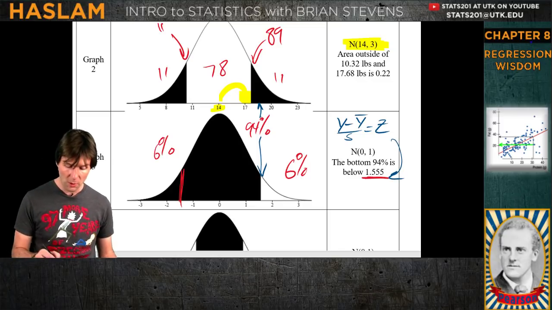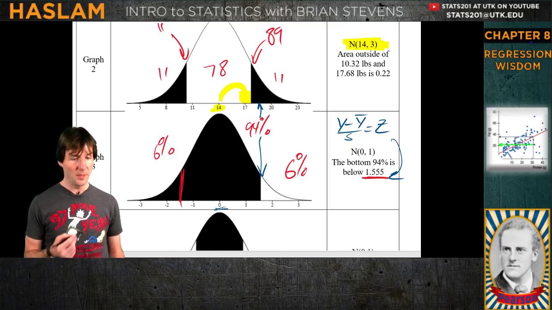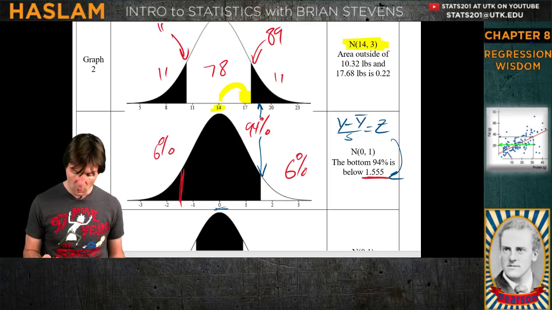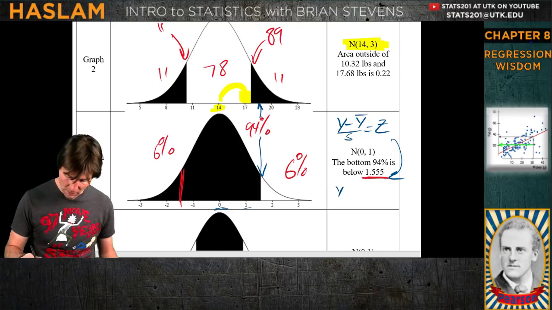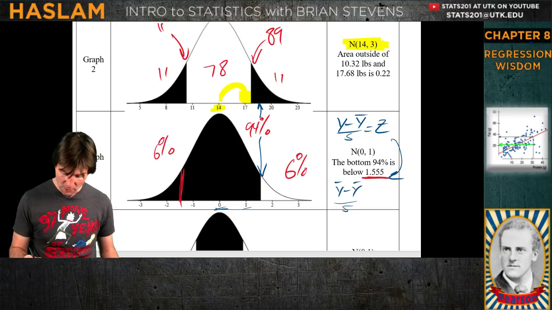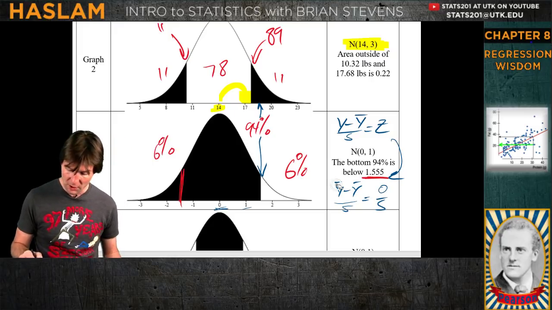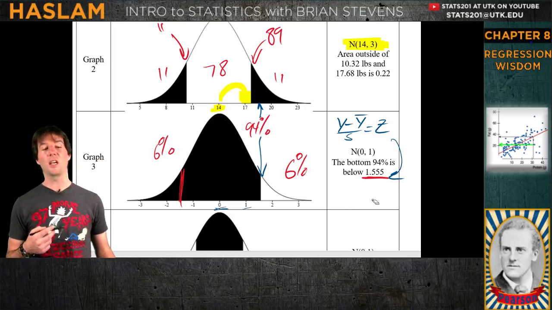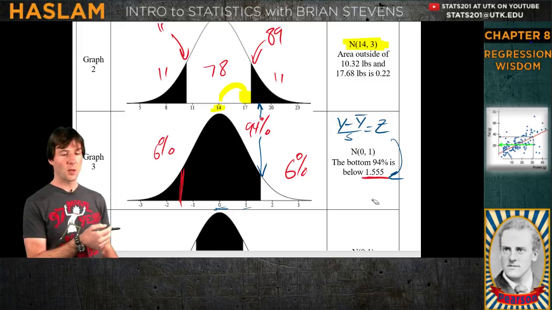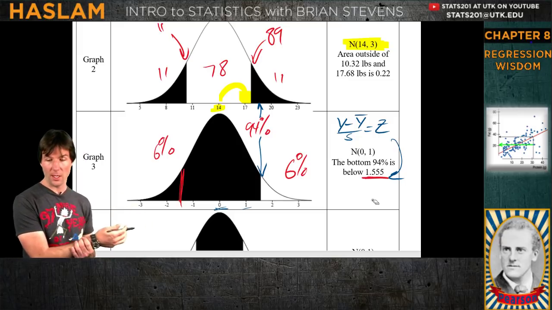And z-scores always have a mean of 0, and that's where the mean is at, and a standard deviation of 1. Because think, if you did mean minus mean, what would be the difference of the mean from the mean? That would be 0, and so you'd get 0 over standard deviation. So this right here turns things into z-scores, and z-scores are standardized units of measurement. That way you can tell how far something is away. Something that is 3 z-scores would be an outlier and unusual.